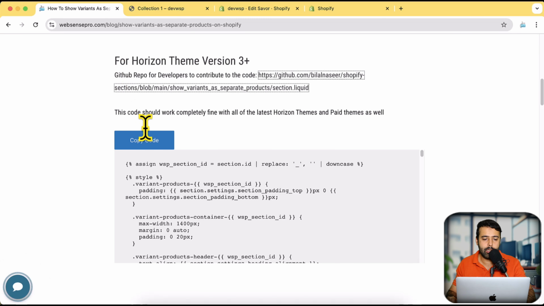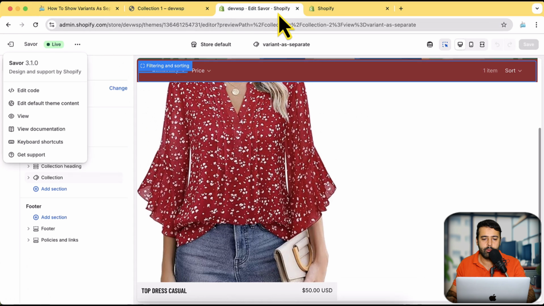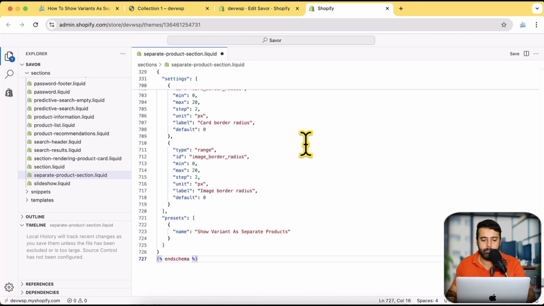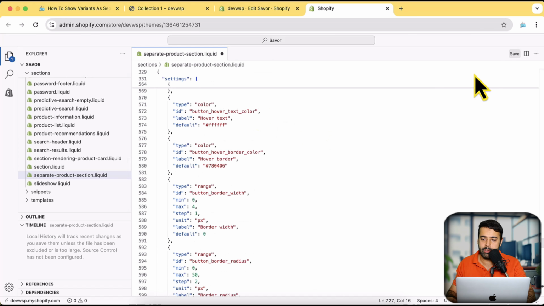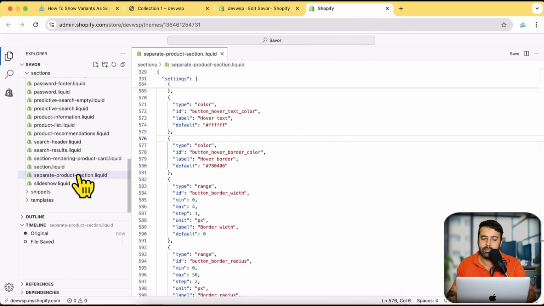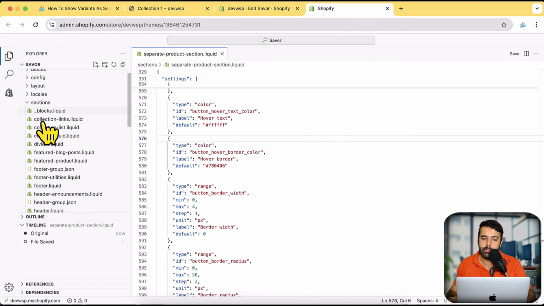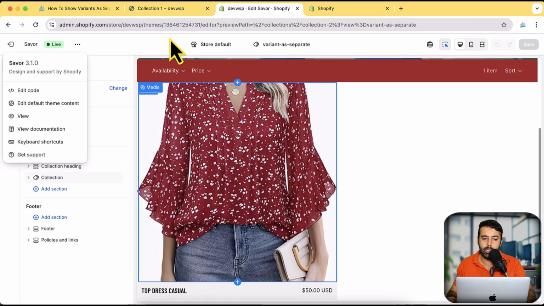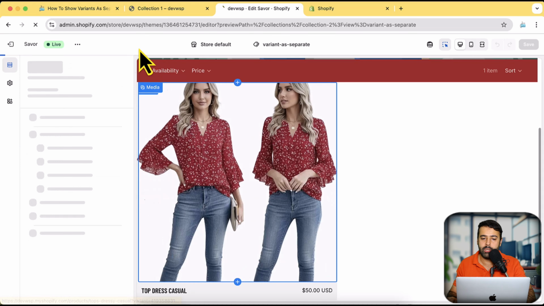Okay, now let's copy the code here and go back to the file which we created. I'm gonna paste the code here and then click on save. Right? So that's all you needed to do. Just copy the code from this article, which you will find in the description by clicking on this copy code button, and then paste it after creating this new file under sections folder. Once you create that and go back to your customized settings and hit refresh,